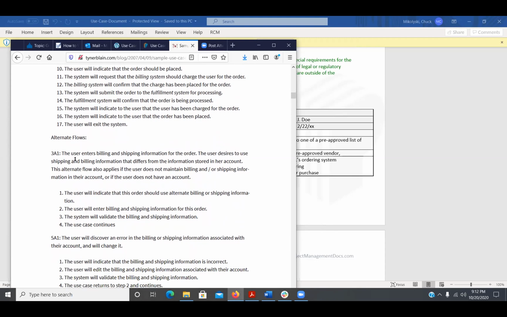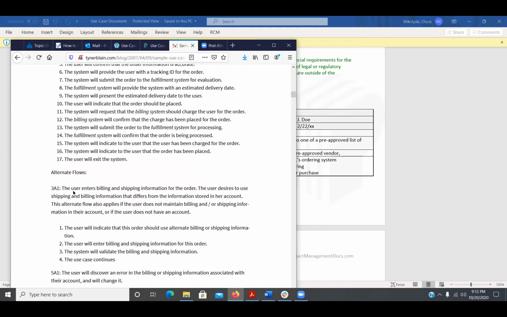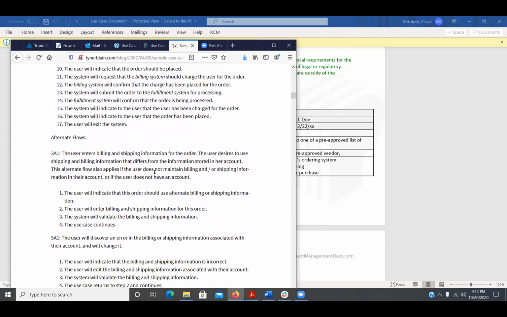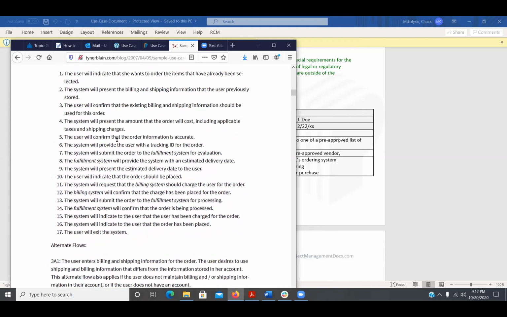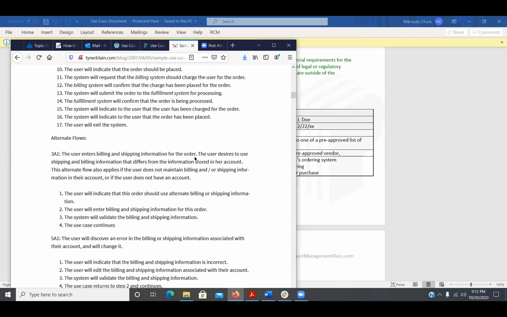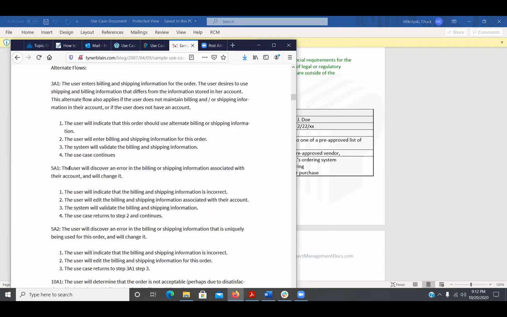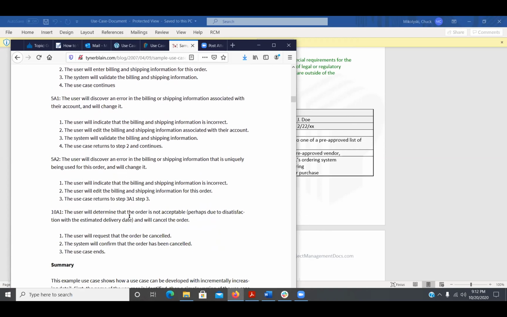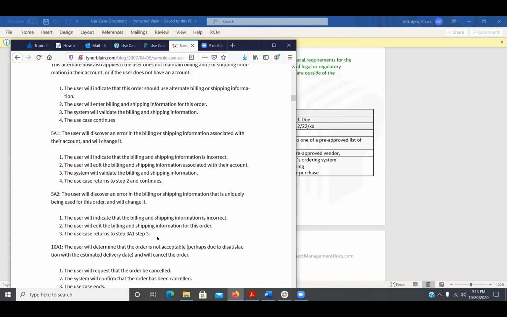So in this scenario, the user doesn't have billing and shipping information for the orders on an account, so they have to enter it manually. That's a little different than in the normal flow, where the user already has the existing billing and shipping information here. And then it goes over some additional alternate flow. And then this example doesn't have it, but